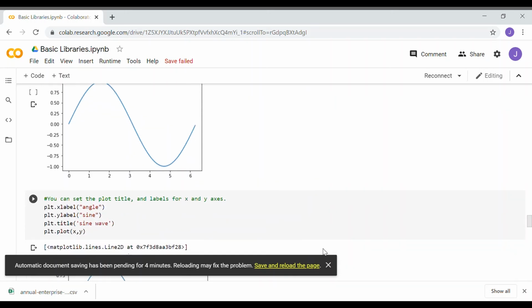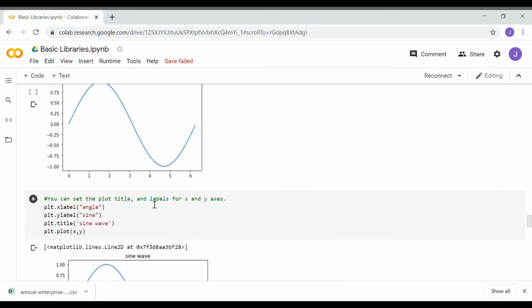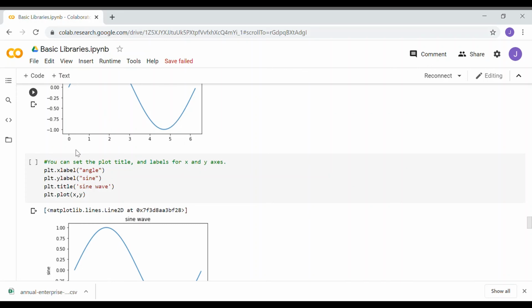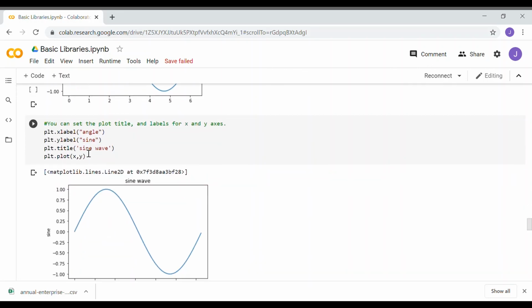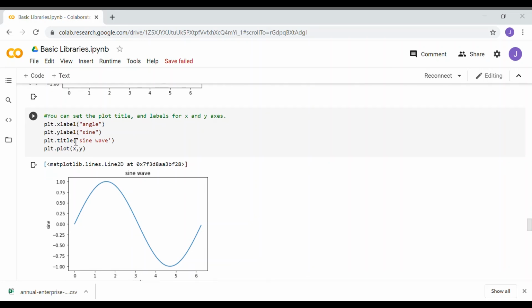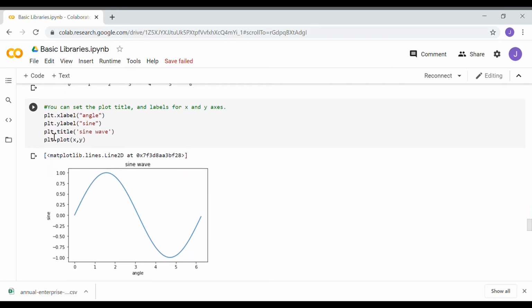We can also label the axes and give a title to the graph. We can label by using plt.xlabel. We have named the x label as angle, and you can see the x label angle.